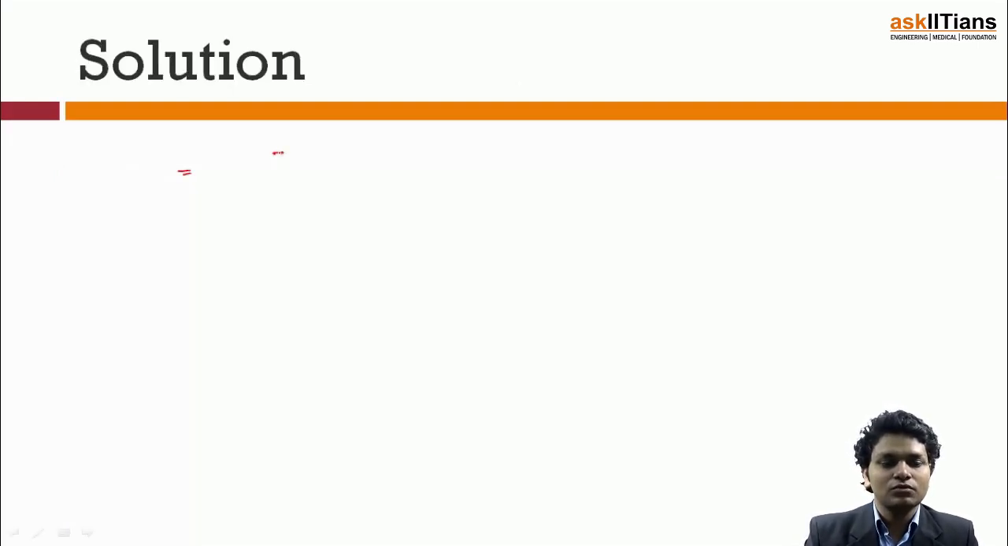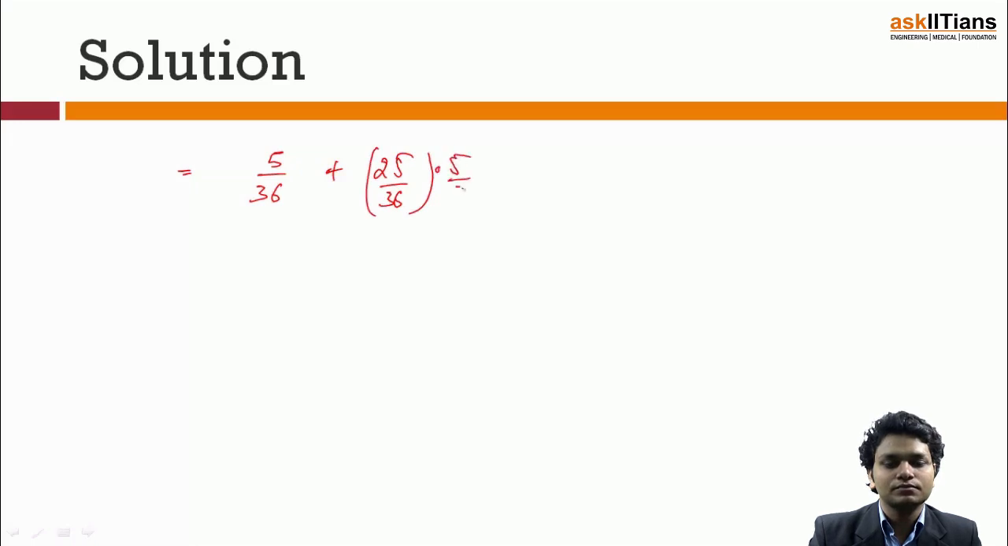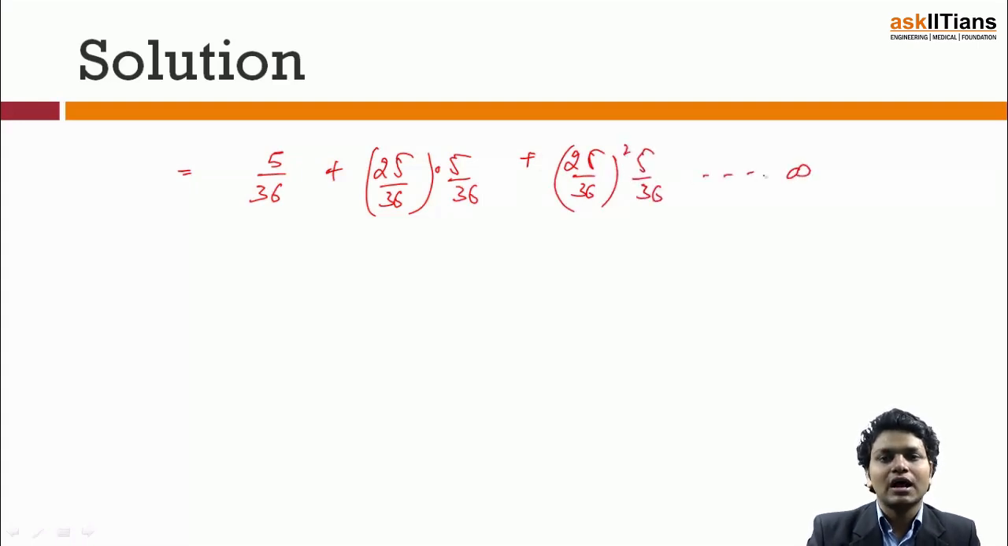So what will happen, this will be 5 over 36 plus 25 by 36 into 5 over 36. Second will be 25 by 36 whole square, 5 by 36 and so on. As this is a GP which is going towards infinity and the sum is converging, as well as the mod of r is less than 1, so the summation of the series, which is nothing but the probability, will be